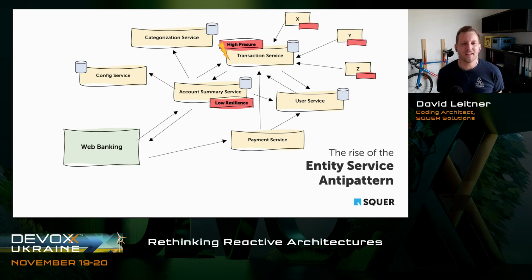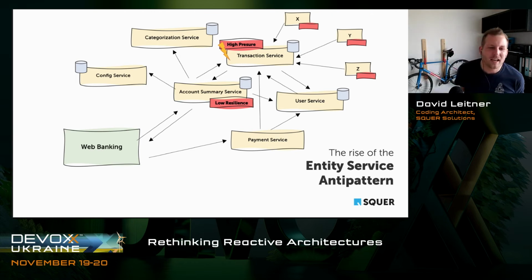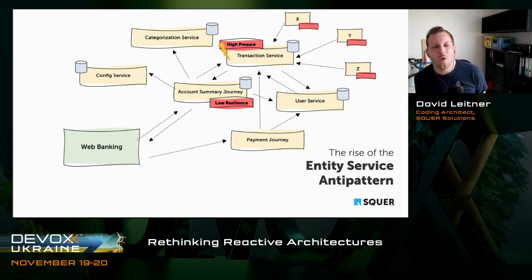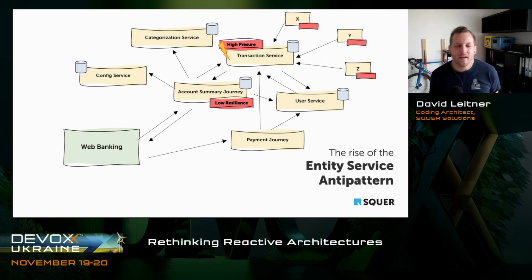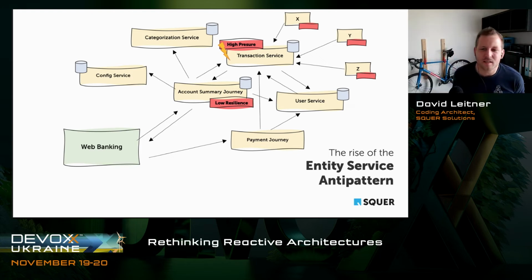And then people said, this cannot be the solution. The entity service anti-pattern doesn't really make sense. We kind of want to slice our application more based on customer journeys, right? So this was the big thing then. So saying, hey, we build based on teams, build different customer journeys.